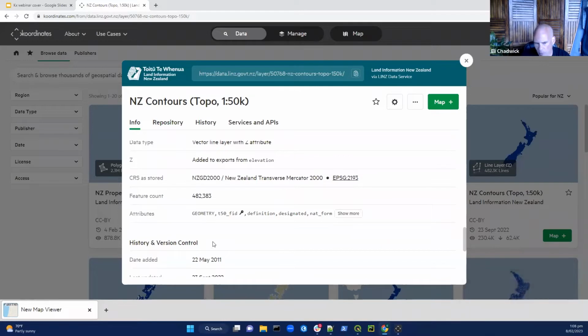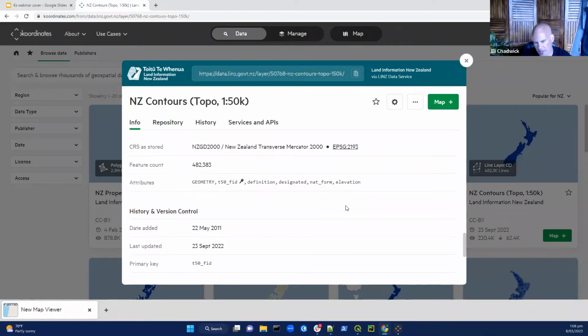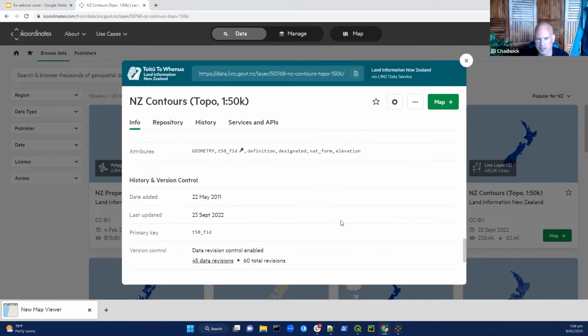This is explaining more about the data. What was the coordinate reference system that it was published in, in this case NZTM, the feature count, and then a list of the attributes that are in the data set. So quite an important founding principle of Koordinates is that users need to be given enough information so they can do an appraisal of each data set before they commit to downloading any particular data set. A lot of our layers are enormous, so you wouldn't want to just pull it down and then have a look. So we attempt to give as much information around the context of the data set